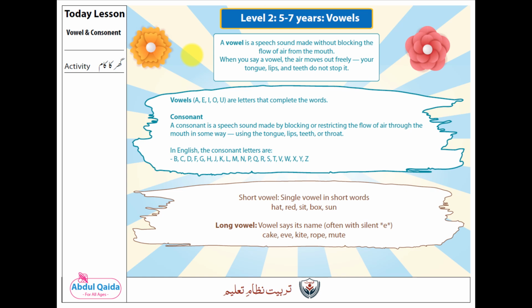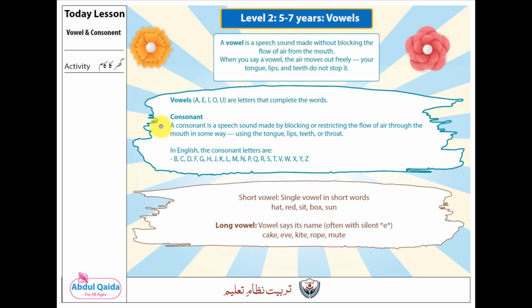Once again, a vowel is a speech sound made without blocking the flow of air from the mouth. When you see a vowel, the air moves out freely. Your tongue, lips, and teeth do not stop it. Vowels A, E, I, O, U are letters that complete the words,